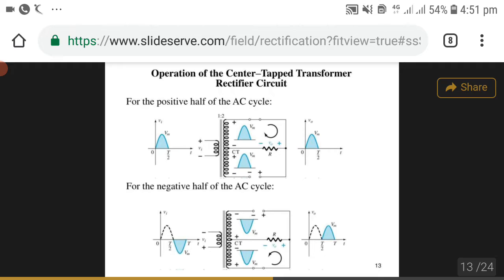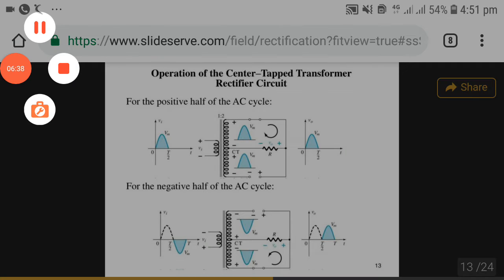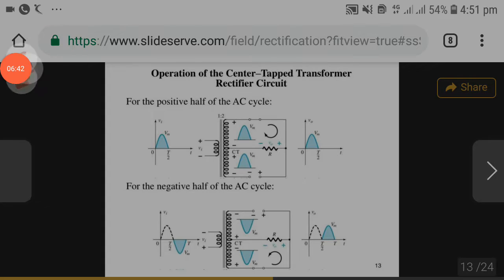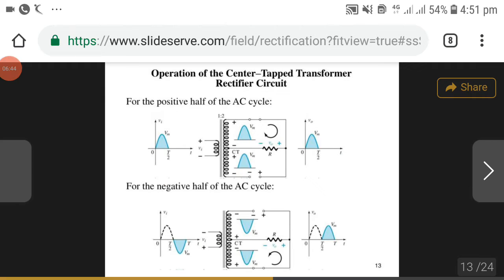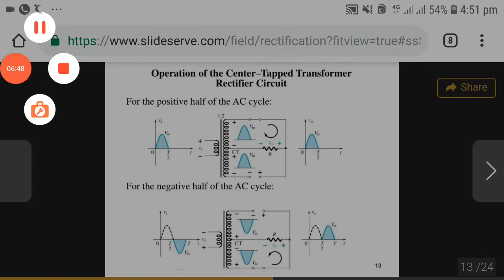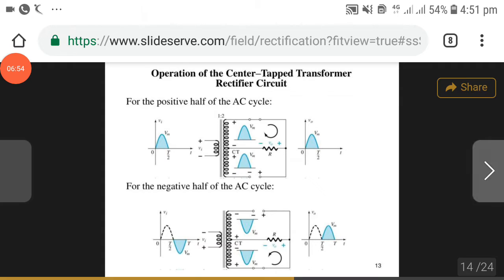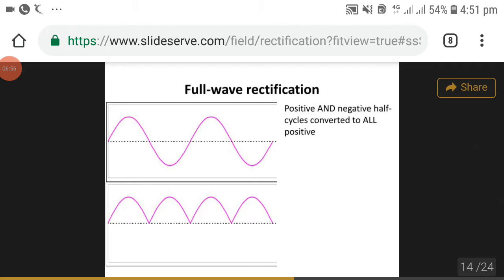Figure shows the positive half cycle of the AC cycle. In positive half cycle, the diode D1 conducts, and in negative half cycle, the diode D2 conducts. So at the output we get both the positive as well as negative half cycle. The output is a positive wave in the positive half cycle, and in the negative half cycle also a positive wave. This is the full wave rectification of the